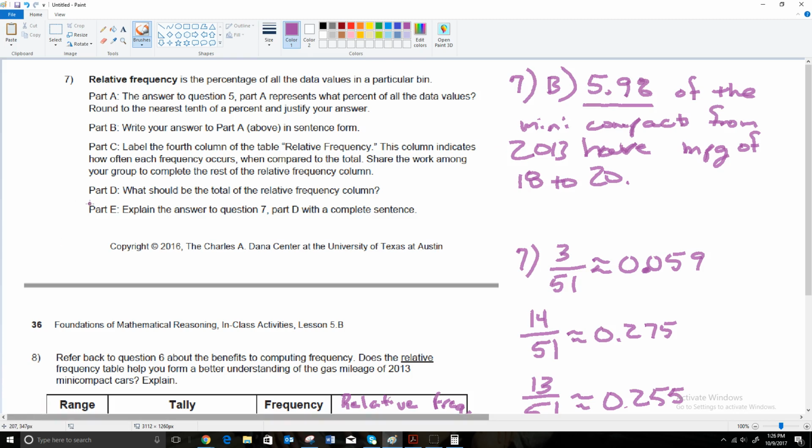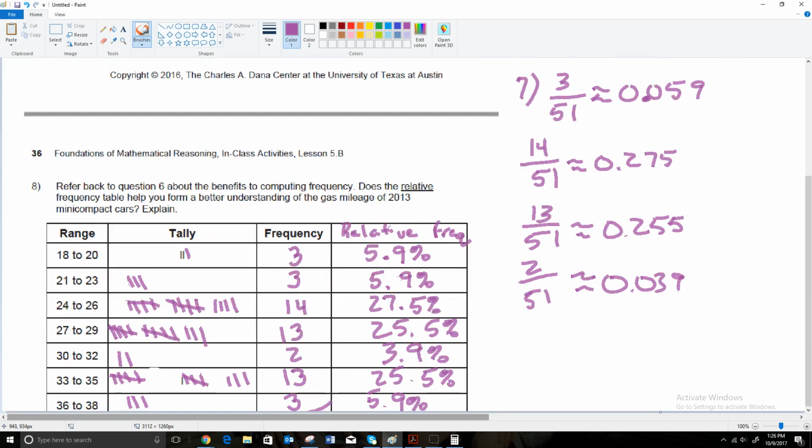So then the last 2 questions here say, what should be the total of the relative frequency column, and explain that answer with a complete sentence. So I'm going to say the sentence. I'm not going to write it down. But the total of these should be 100%. And the reason it should be 100% is this is all the data. Well, if we have all the data, it should be 100% of the data. The literal meaning of 100% is all of the whole. So if we have 100%, that would be 100 out of 100 of the data,